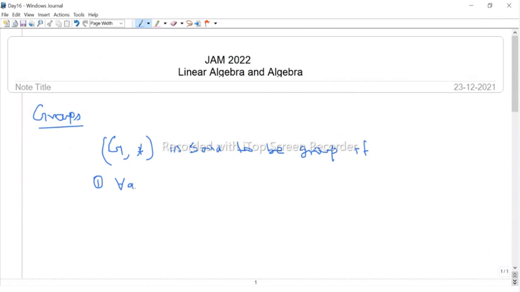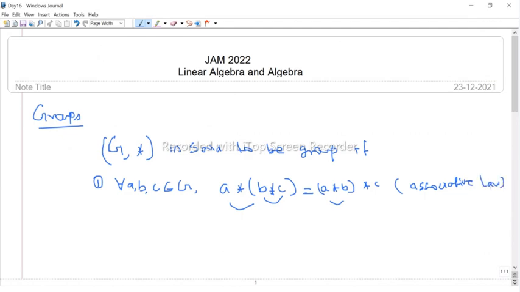That is, if we take any three elements A, B, C in G, they satisfy the associative property, that is A star (B star C) equals (A star B) star C. That is, first we operate B and C, and then operate A. This is the same as first operating A and B, and then operating C; you get the same answer. So this property is called the associative property,